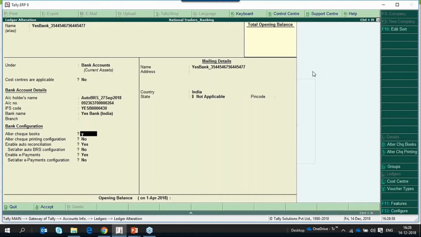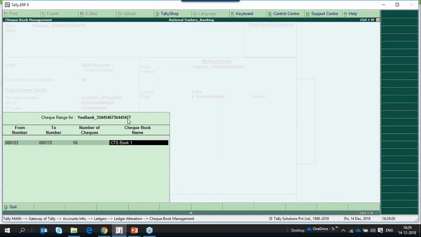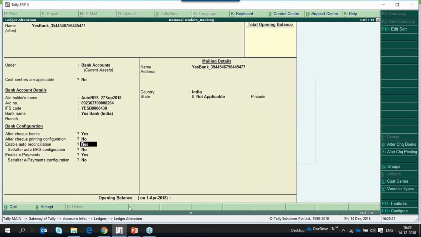When we enable this option, we can configure the checkbooks here. We have already configured one checkbook called CTS book 1. This book starts from 000123 and ends with 000172, containing 50 check leaves. Let me accept it.